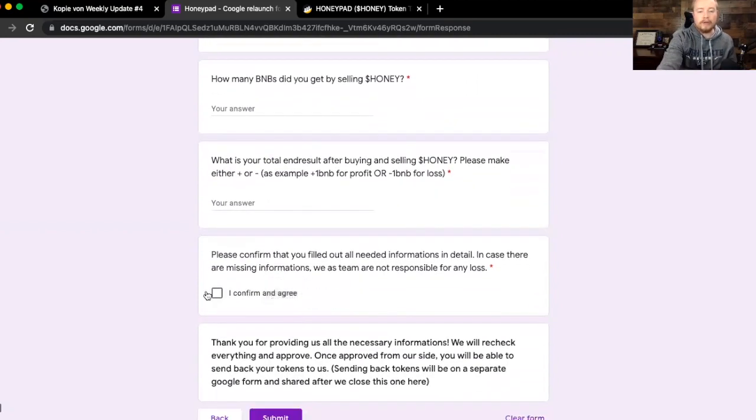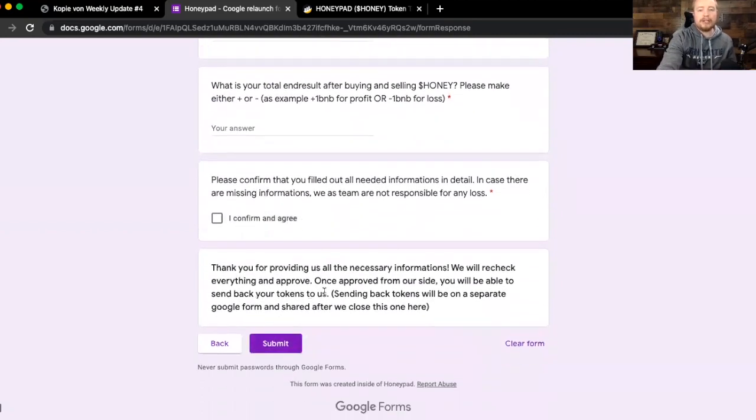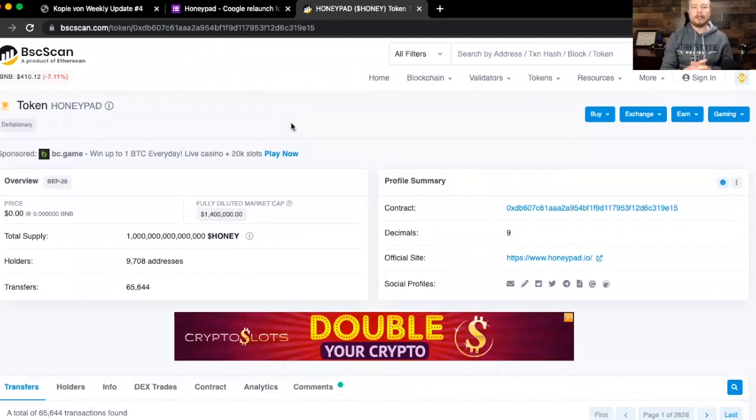And then once you do that, you'll confirm and submit the information, and it's as simple as that. You'll be all set for the Coogle migration when they move from Honeypad over to Coogle, with your exact amount of BNB that you put into Honeypad being given to you in the new Coogle token. Okay, so in order to do this, you're going to want to click that link, which is going to take